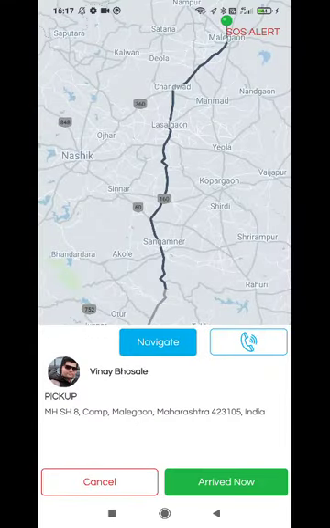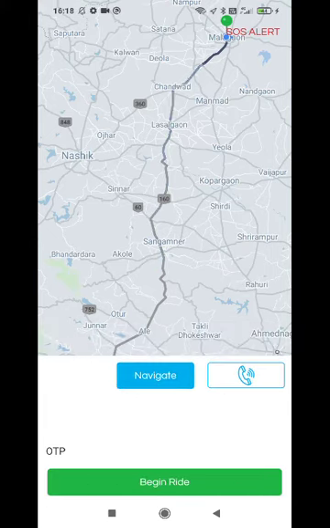Once you go there, you need to mention that you have arrived. So you have to click on this arrive now button. Here is a trick actually. If you are not in the range of 500 meters, this button will always highlight that you are not near the pickup location. So you always need to be in the range of 500 meters of the pickup location, and only then will this button get activated. Right now we are at the same position, so we will not have any problem. So let's click on arrive now.